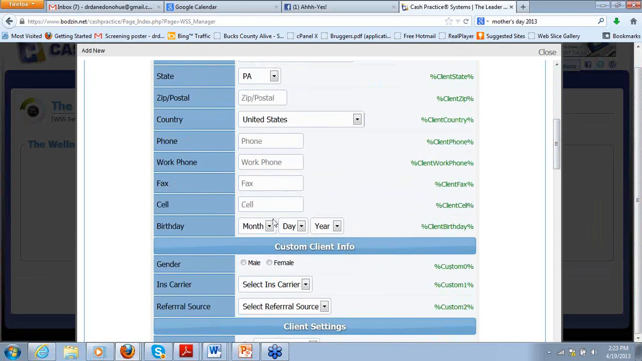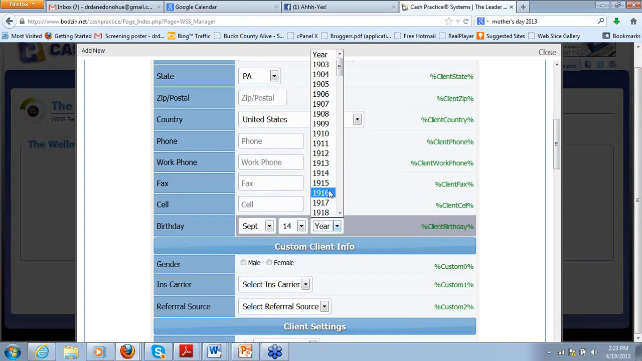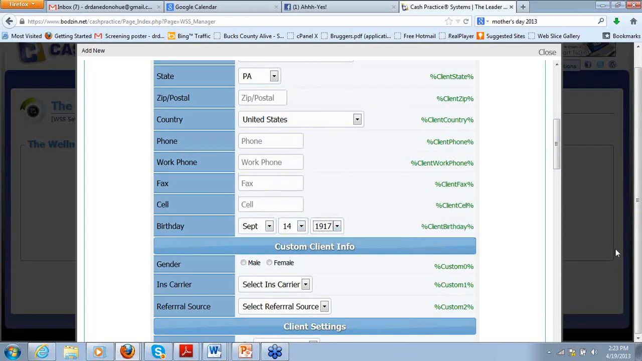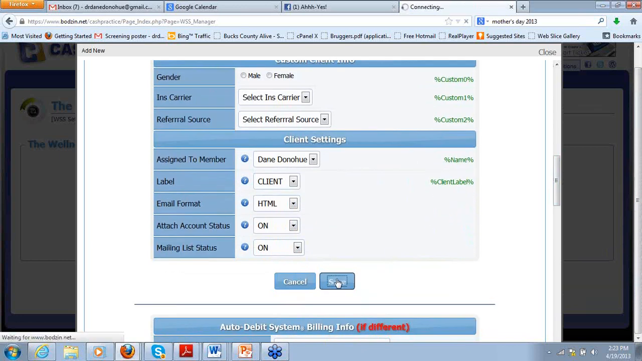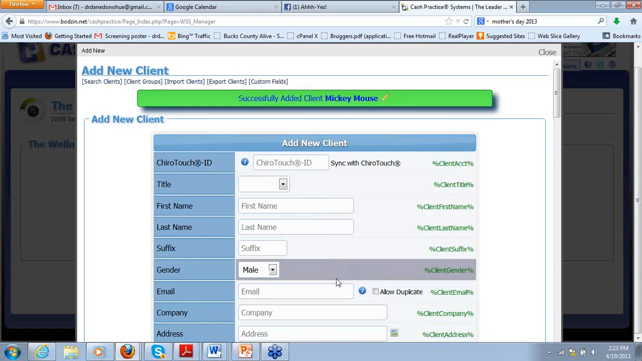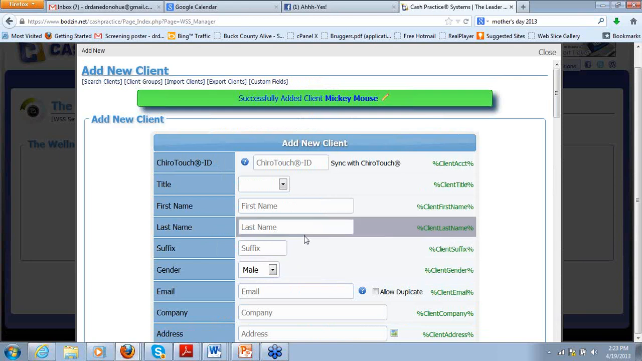So those are the four things that absolutely have to be in there. We'll give Mickey a birth date. Okay, and we can save that. Now you're more than welcome to put in all that other information like their email. If you're using the drip system, you may want to have all that information in your database, but you absolutely